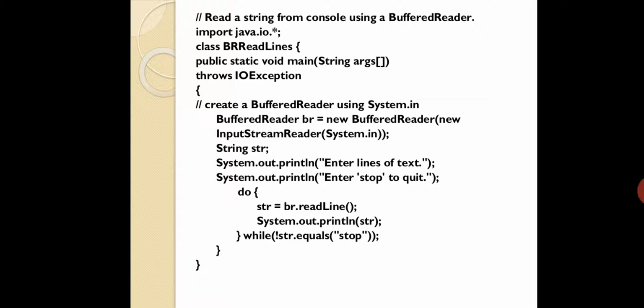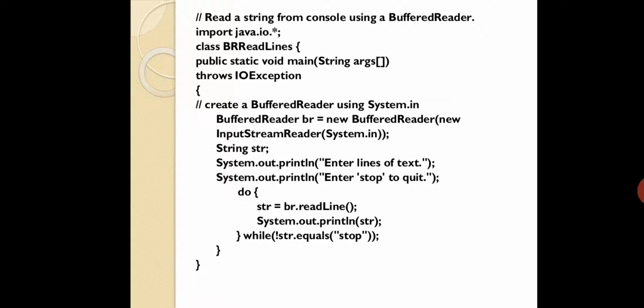Fine. After that, you are going to check in the while. So, not of str.equals("stop"). What is the meaning? If the user did not give stop as a word, then definitely you have to continue with the loop. Equals is a method, equals is a function. The equals method compares the actual content. If str has the word stop, then it has to terminate the loop, otherwise continue with the do while loop. That is the meaning.